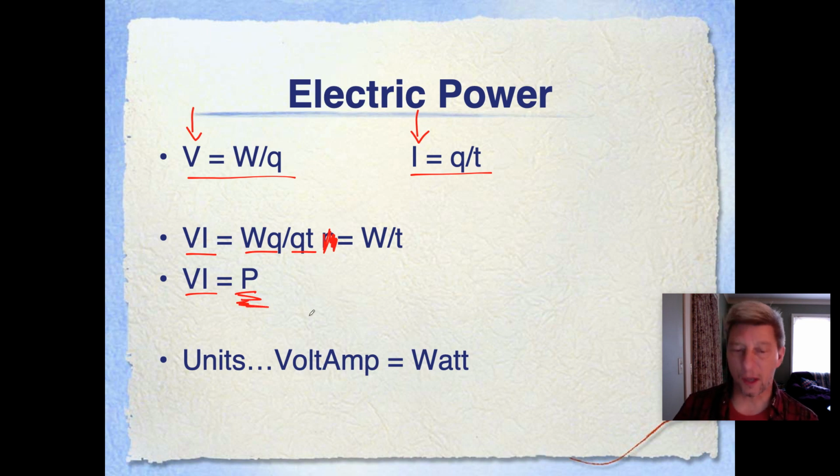The units of electric power are literally a volt amp, which is, think about that, voltage times current, volt amps. But we know that the units of power are watts. And so the unit of electrical power, just like any other kind of power, is a watt. So how would we use this in an